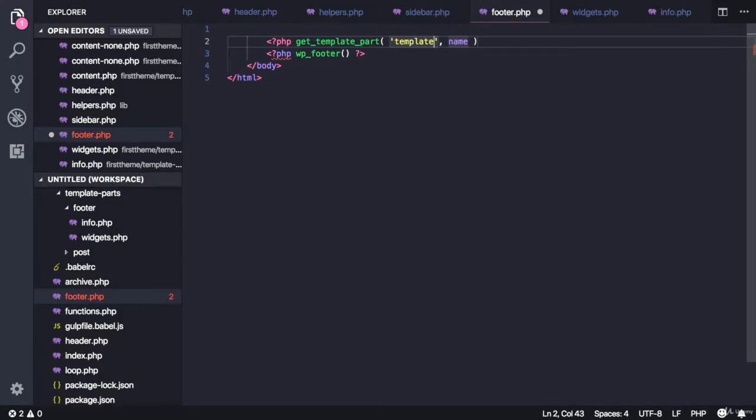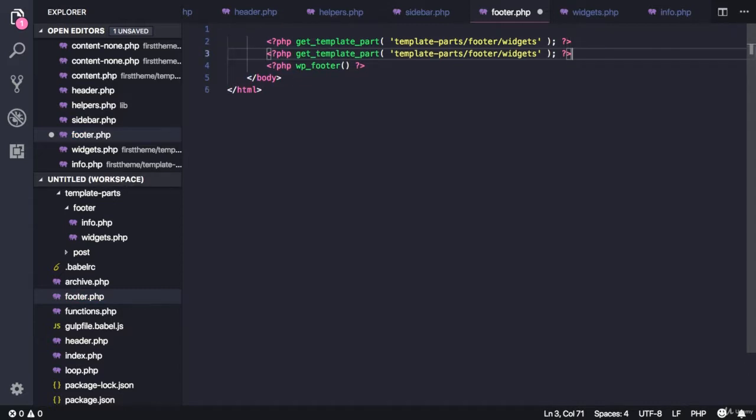Template parts and footer and widgets, and we don't have a special template for this one. And let's duplicate and just type info,